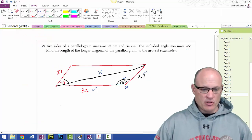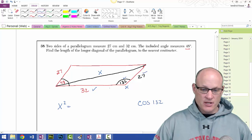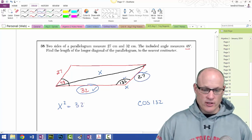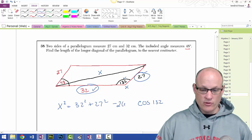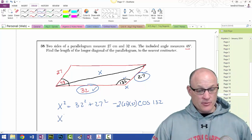So I'm looking for x squared. That means cosine of 132 goes here. The things I know already go in the other places. So that would be 32 squared plus 27 squared minus 2 times 32 times 27. Now the beauty of all this is I just have to type this in. So I type in,